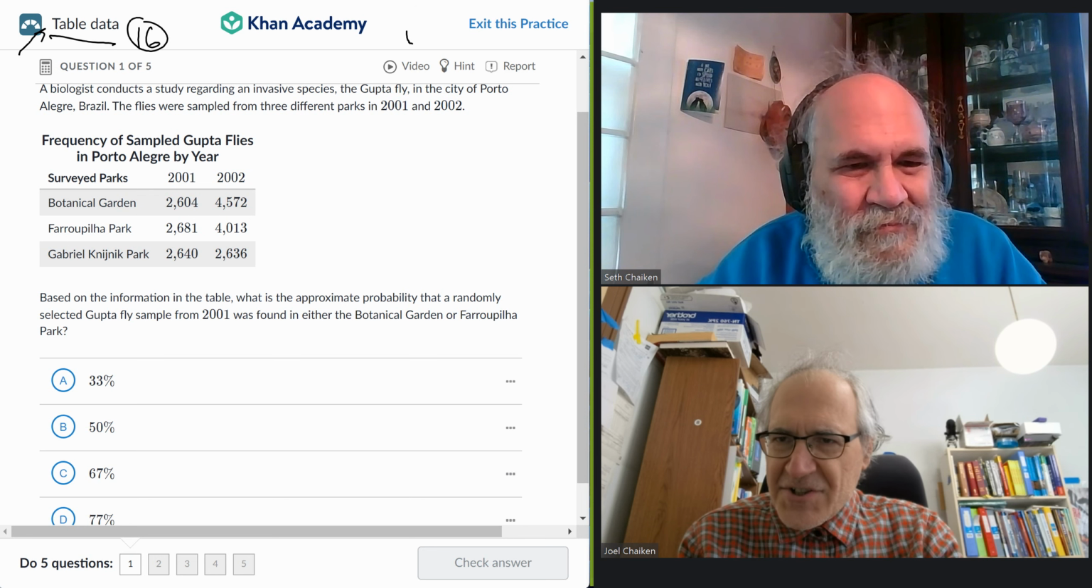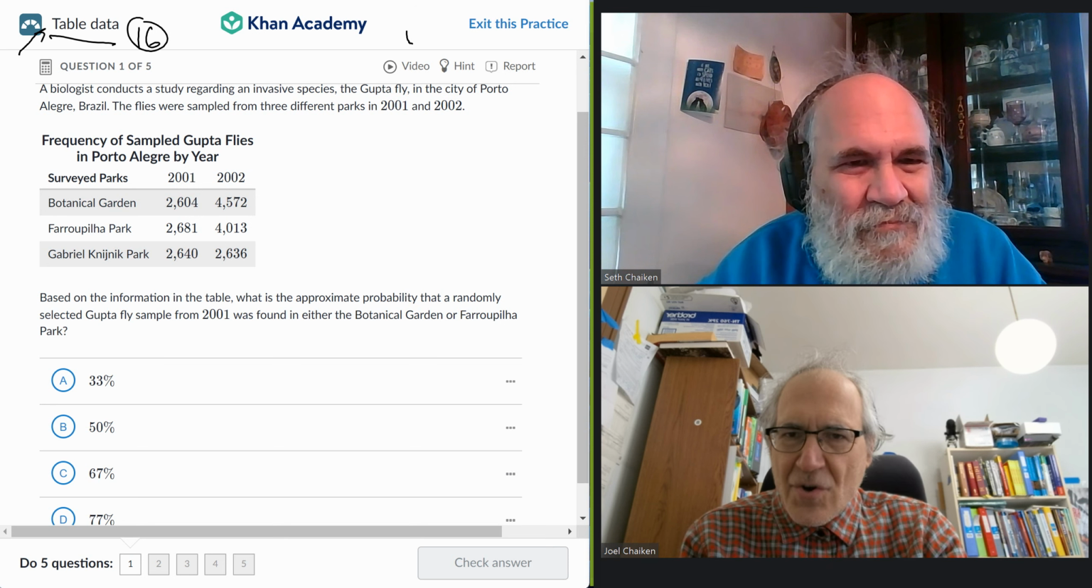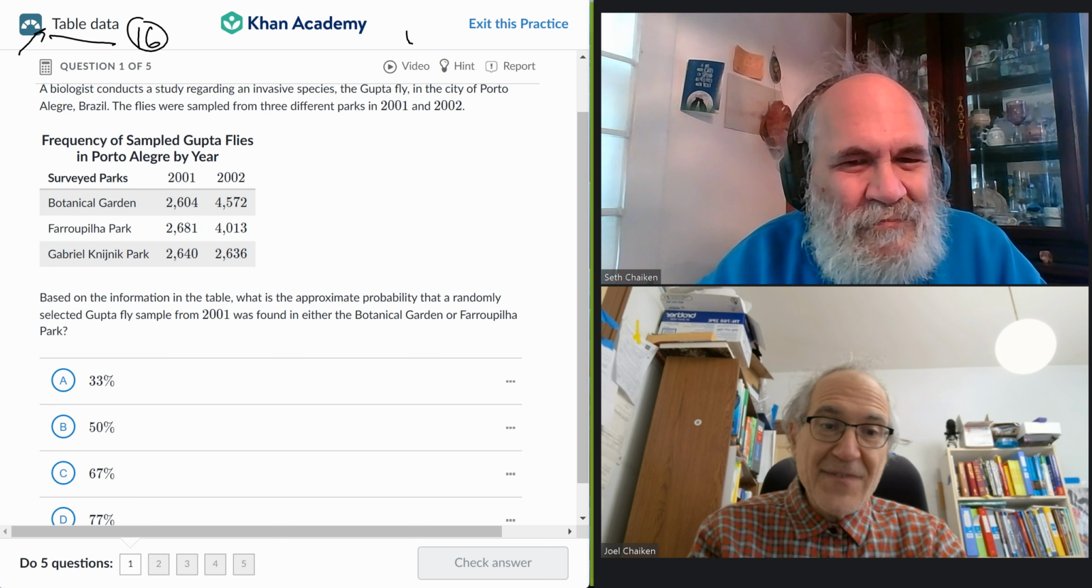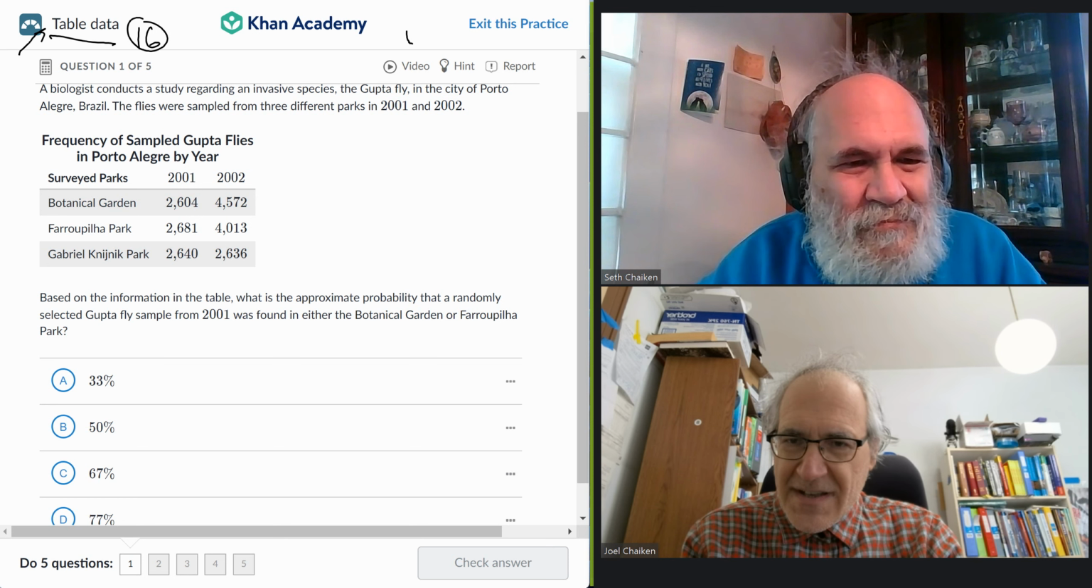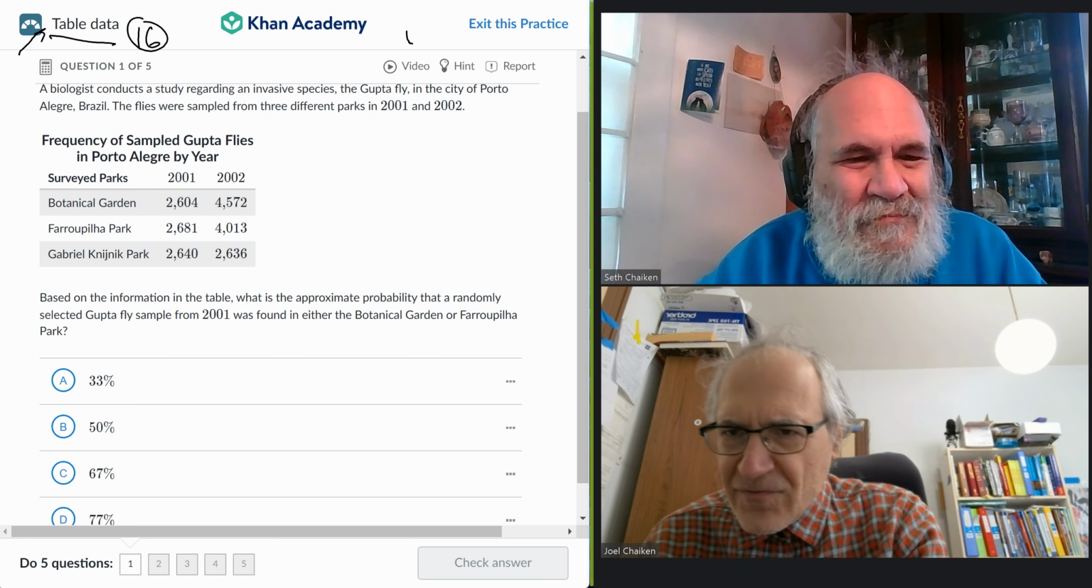A biologist conducts a study regarding an invasive species, the gupta fly, in the city of Porto, Brazil. The flies were sampled from 3 different parks over 2 years. Based on the information in the table, that's very important, don't make stuff up. What is the approximate probability that a randomly selected gupta fly sample from